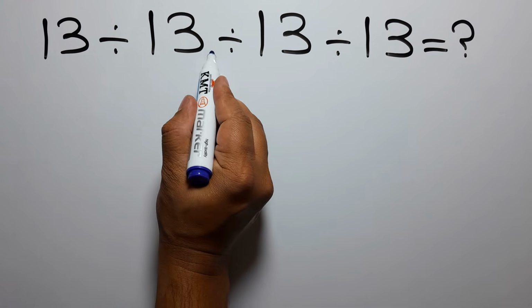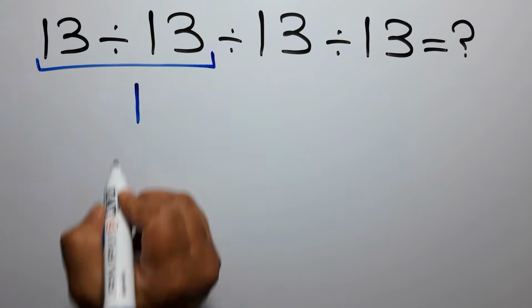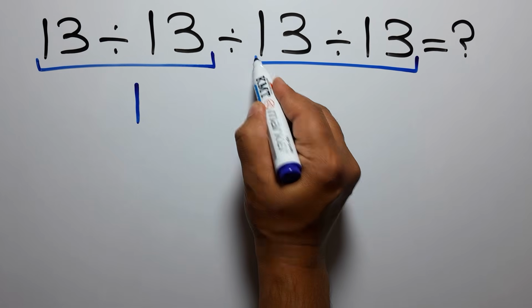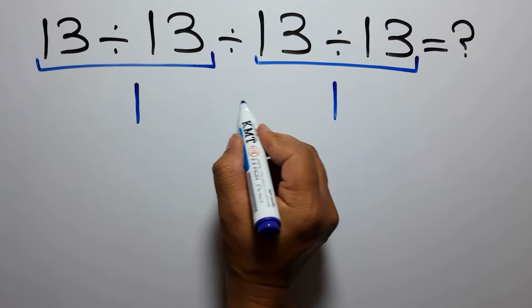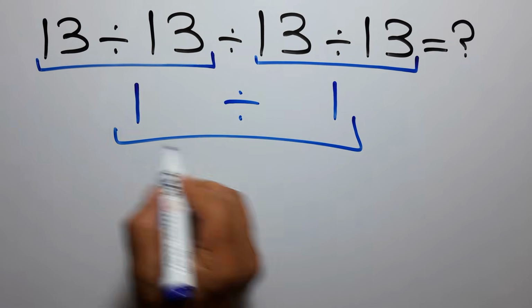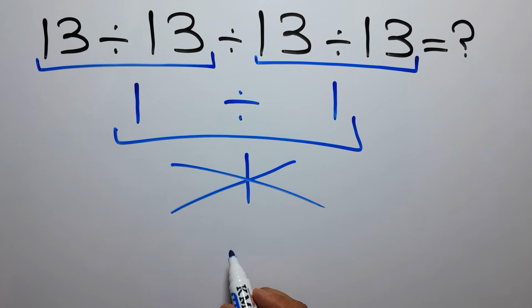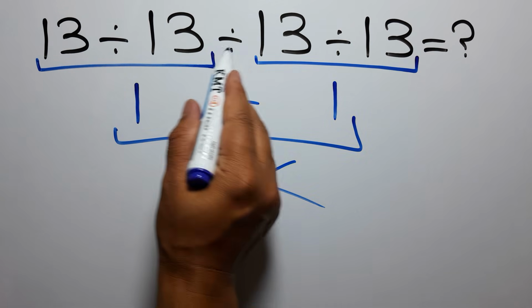13 divided by 13 gives us 1. And again here we have 13 divided by 13. So 1 divided by 1 is just 1. But this answer is not correct because according to the order of operations, when we have more than one division